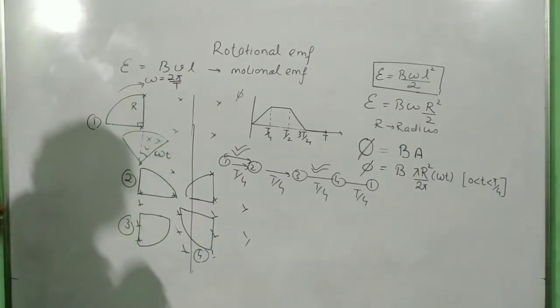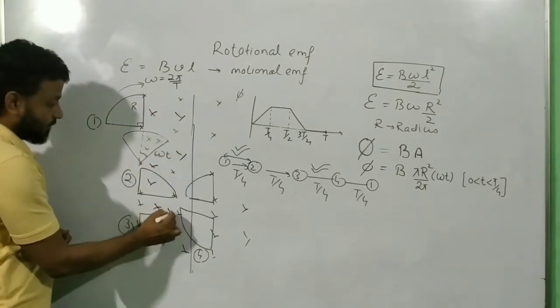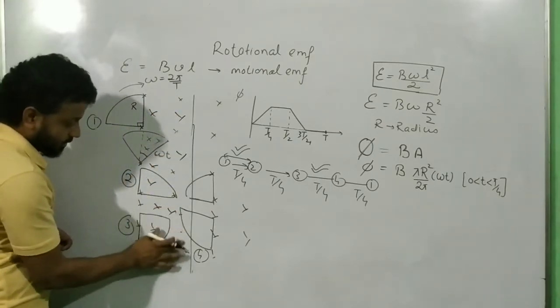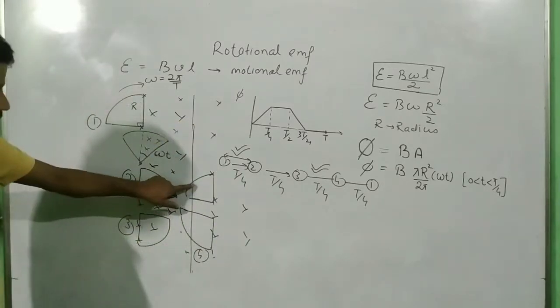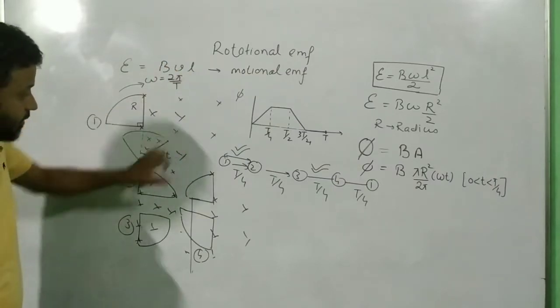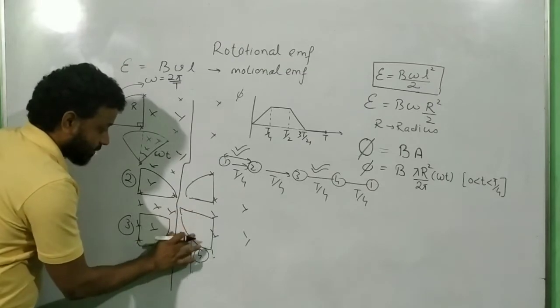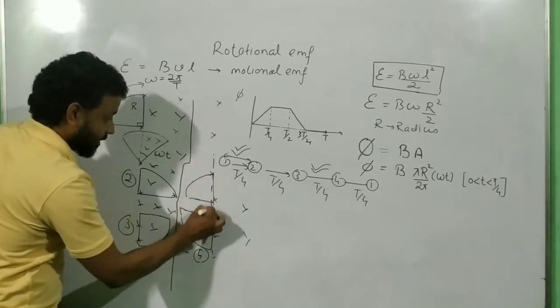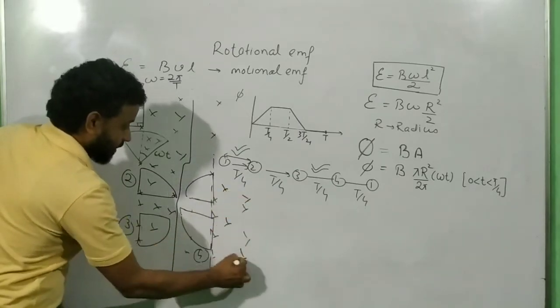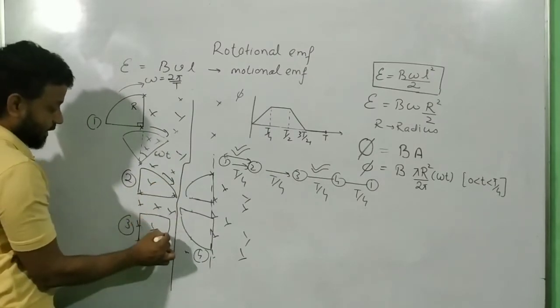So it enters the field. It's all field. And this is where it is leaving. I hope these diagrams are clear to you. So this is all field over here. This is the boundary here. And every time it is rotating. This is a very important part. Every time it is rotating like this.